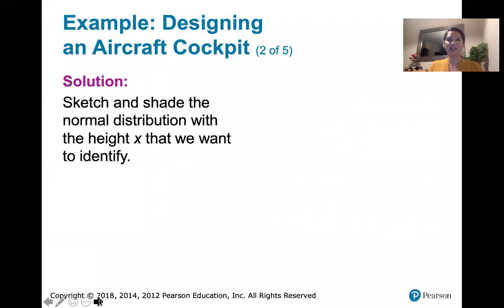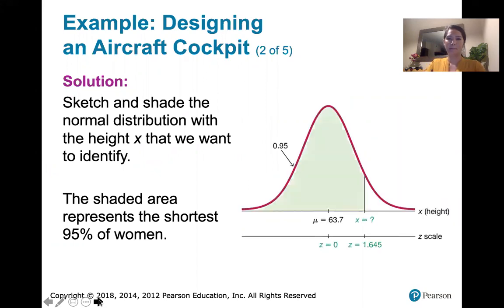Okay, so first we sketch and shade the normal distribution with the height X that we want to identify. And that's what I just did. We're trying to find that X value. And I didn't label this on my picture. I probably should have. That mean is